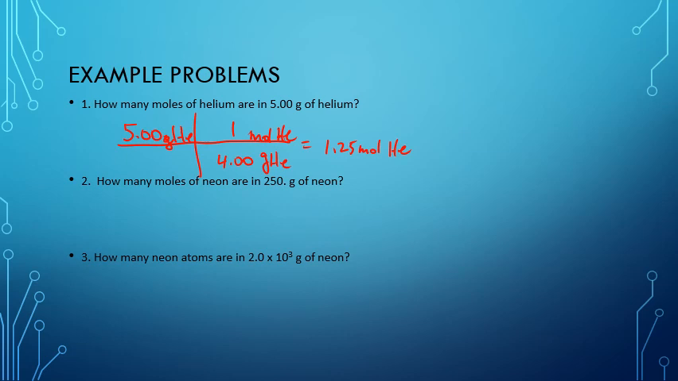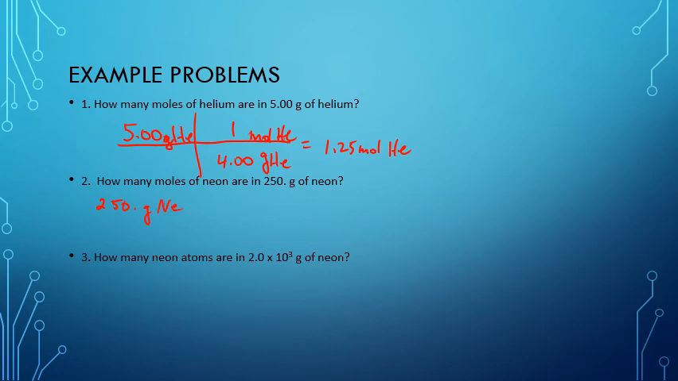So as we look at our second problem, how many moles of neon are in 250 grams of neon? I should have mentioned this before. Notice here with the 5.00, that has 3 significant figures. So my answer is rounded 1.25 to have 3 significant figures. 250 with the decimal point, that has 3 significant figures. So I'm going to round my answer to 3 significant figures. So I would have 250